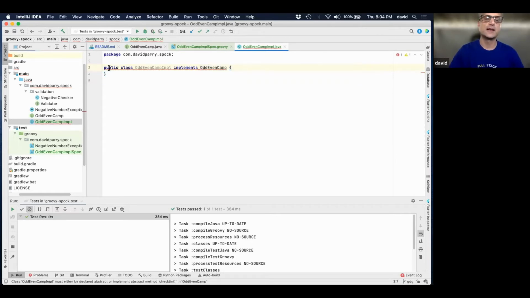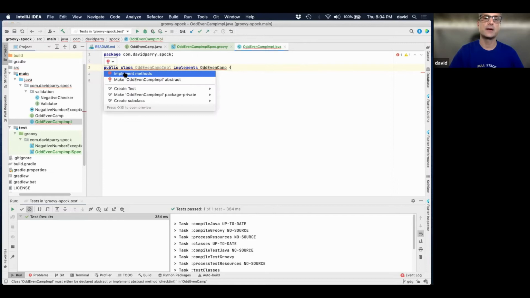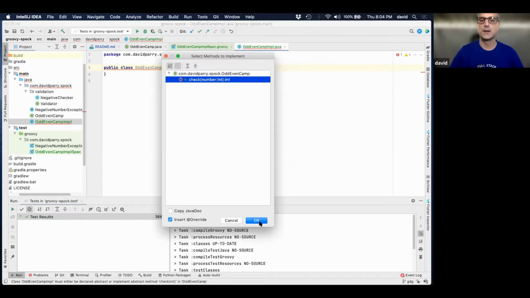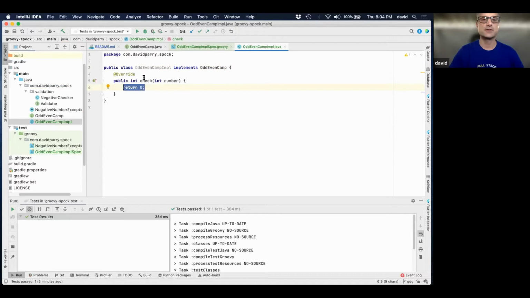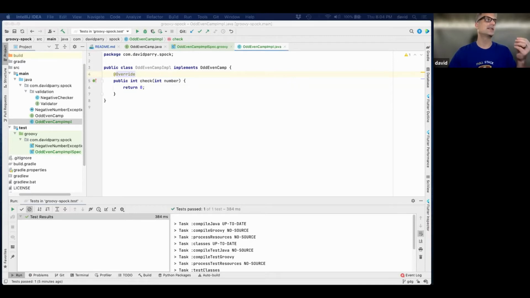If I look at this, my little red guy here says, okay, I'm going to implement the method. All of these things you could just type yourself too, but being lazy, you use your IDE, or faster, or more productive, whatever you want to call it. So right now, this is just returning 0. I have no test yet. So at least I can test, doing test-driven development, testing some code, making sure that we got some code set up.